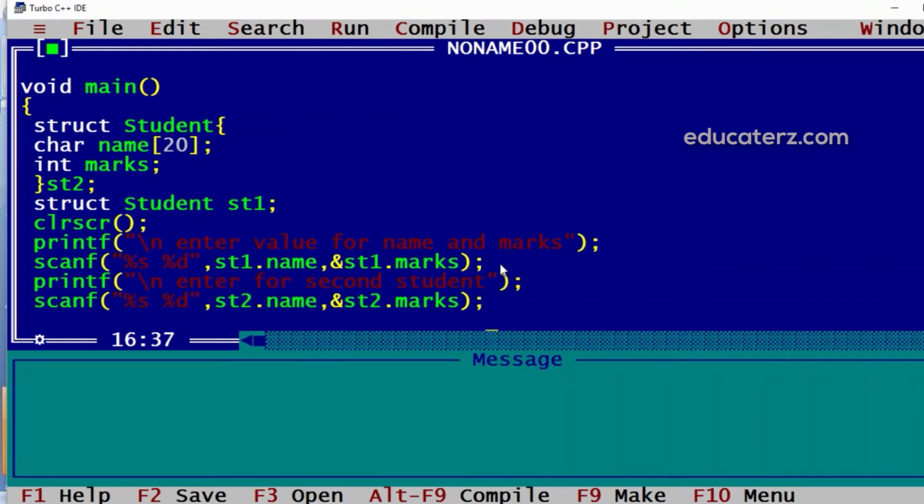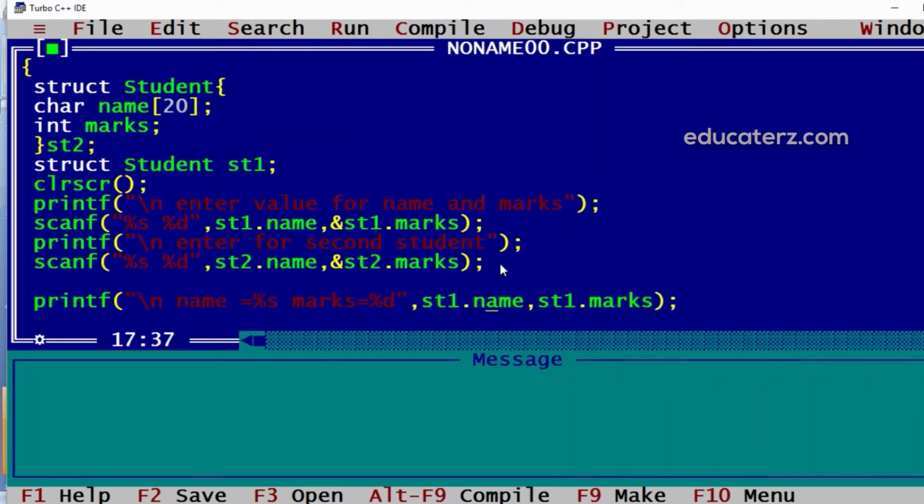So this way we will store the data and again we can display the data using another printf statement, that is for the second student, name equal to %s and marks equal to %d. Then we'll have st2 dot name and st2 dot marks.